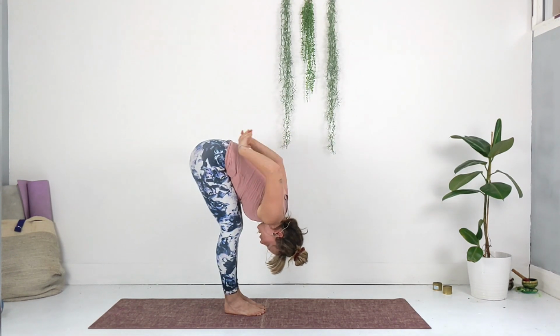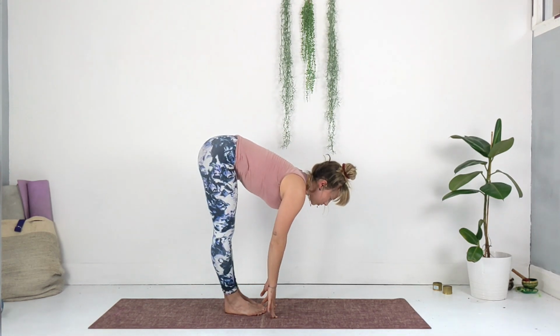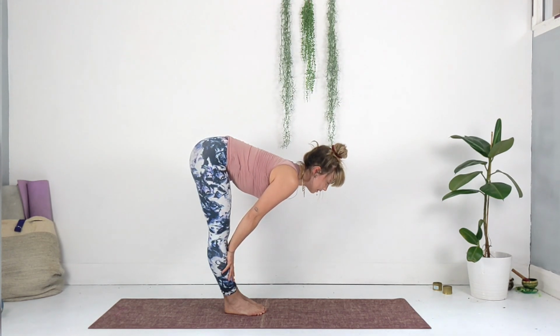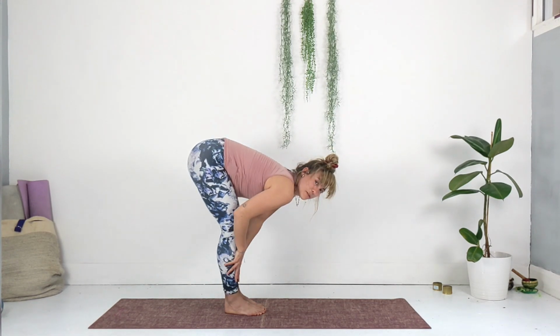Good. We'll gently bring the hands down. Again, inhale, flat back, come up halfway. Fingertips on the mat or fingertips on the shins. Draw the shoulders away from the ears. This time as we exhale, we're going to bend the legs facing the front of the mat, so spin around